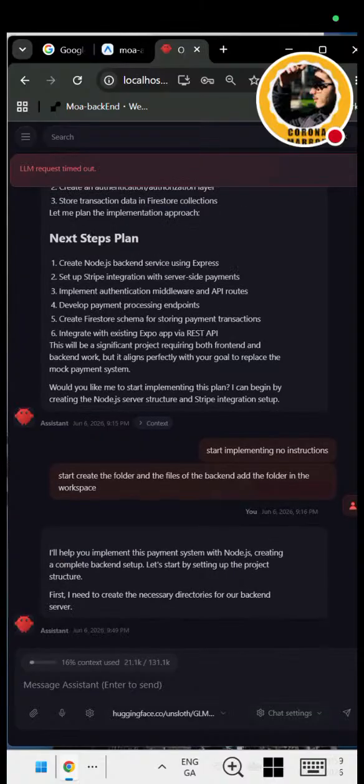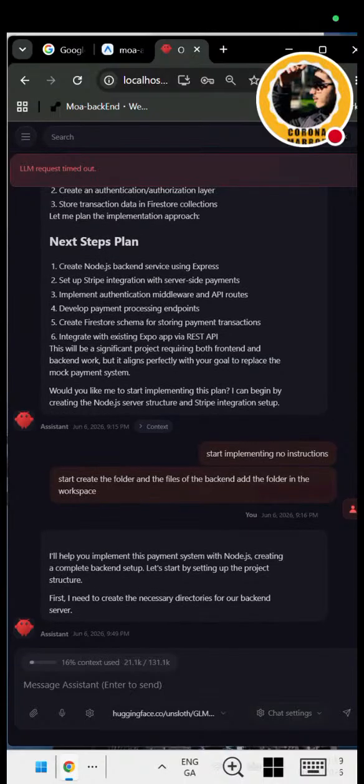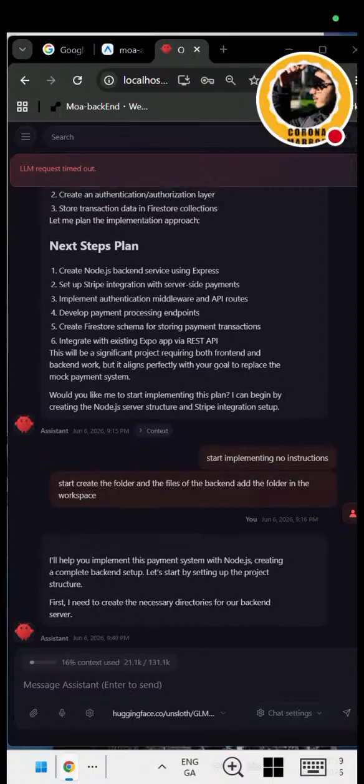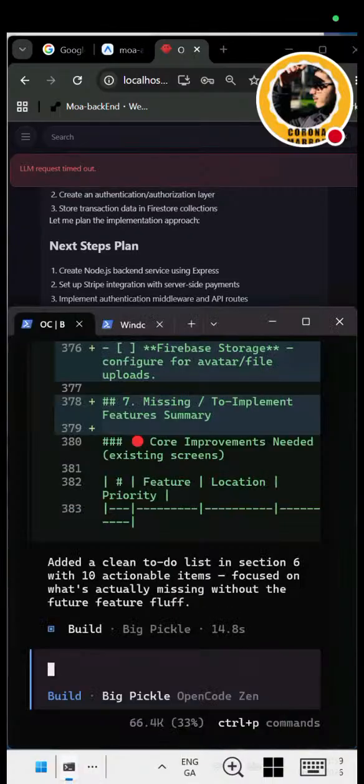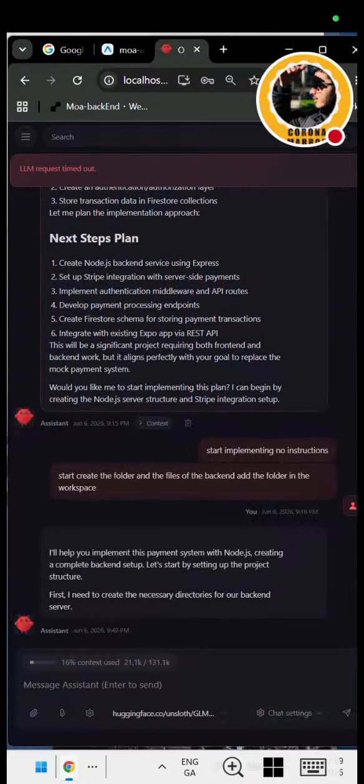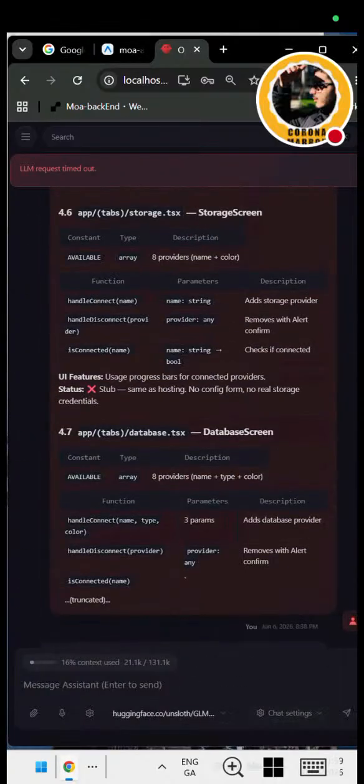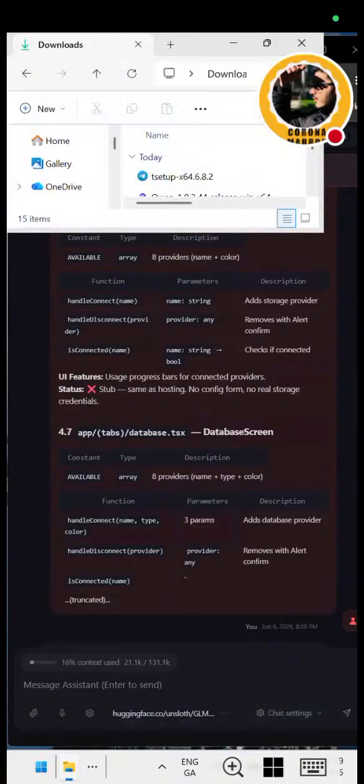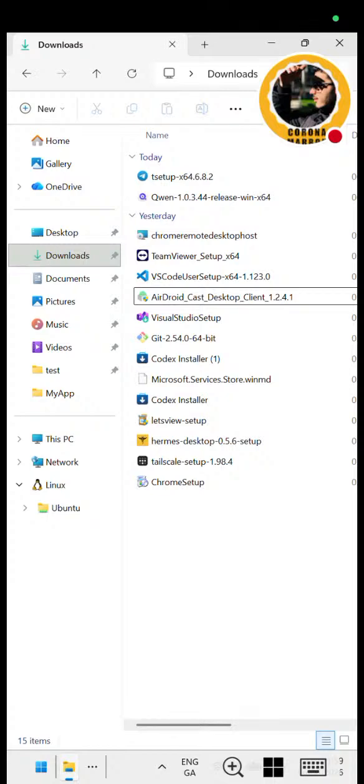I said start implementation, no instruction, okay. And then it's still, till now, saying let me help you instead of implementing what it says in the first place. And then LLM request timeout, server, something happening. So now if I check the file workstation, it's still like,